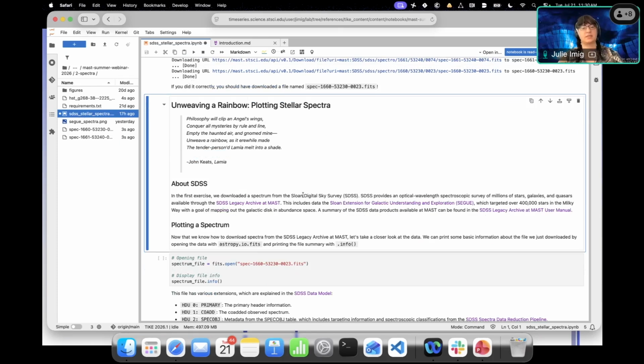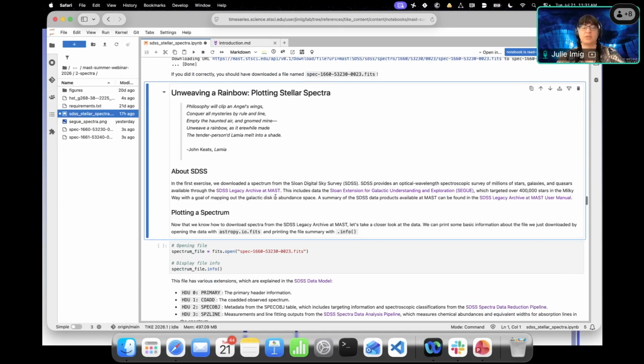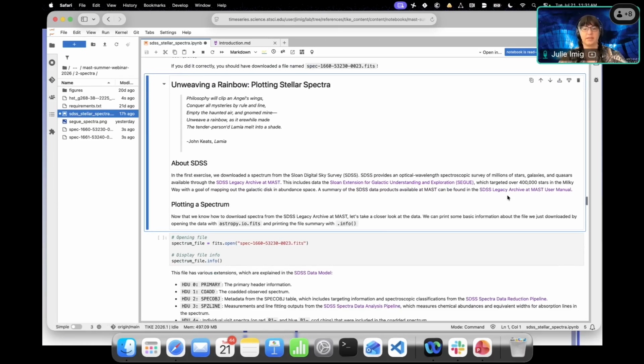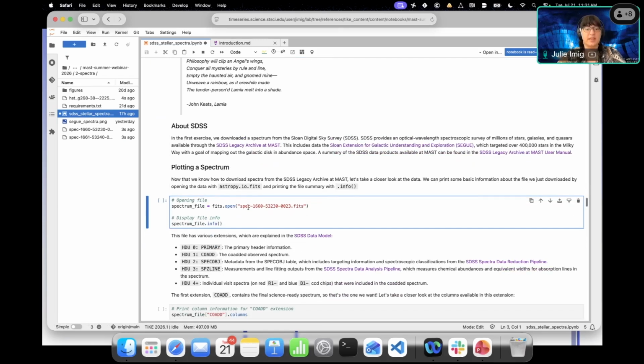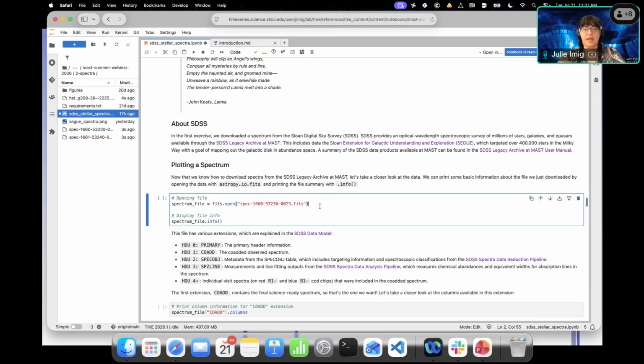SDSS has images, it has spectra, it has catalogs, it has many different types of data, but on the spectra side, one of the sub-surveys of it is called the Sloan Extension for Galactic Understanding and Exploration, or SEGUE, which has provided optical wavelength spectra of about 400 stars in the Milky Way galaxy. So this is a good library if you're interested in looking at different types of stars. And there's a couple links in here as well if you're interested in learning more about SDSS and the data available at MAST. So let's take one of these spectra that we just downloaded and plot it to see what